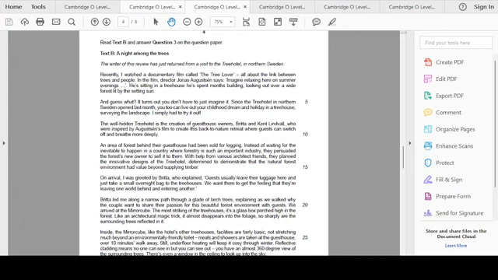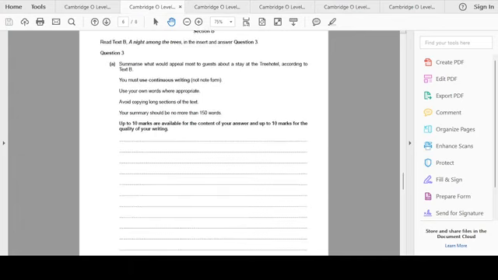So you've got text B over there, and then you've got a question. Now you can see it gives you a certain theme: summarize what would appeal most to guests, right? So that is a theme. And so the task is not to summarize the entire text. The task is to find points relevant to the given theme, right? Use your own words. You have to rephrase it, and then write it out in continuous writing, which means as a paragraph basically. And you can see over here, right, they've given that it should be no more than 150 words,